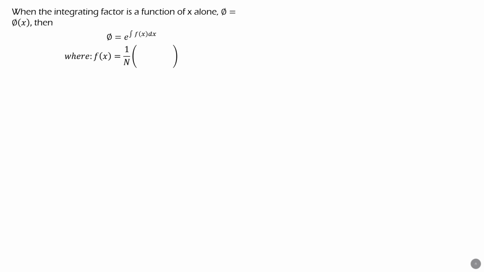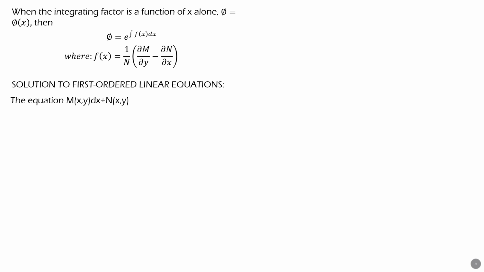When the integrating factor P is a function of x alone, you remember that P is e to the integral of f of x dx. Then f of x is 1 over N, quantity partial of M with respect to y minus partial of N with respect to x. So this is the solution to the first order linear equation,